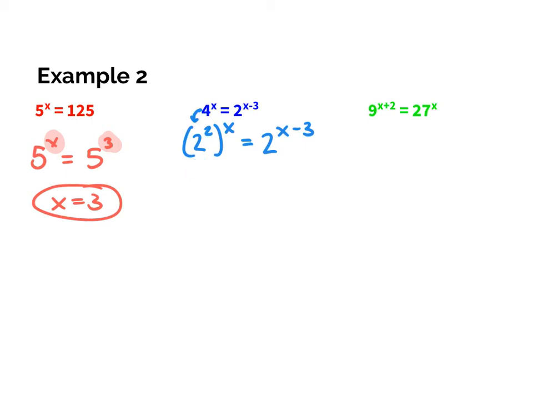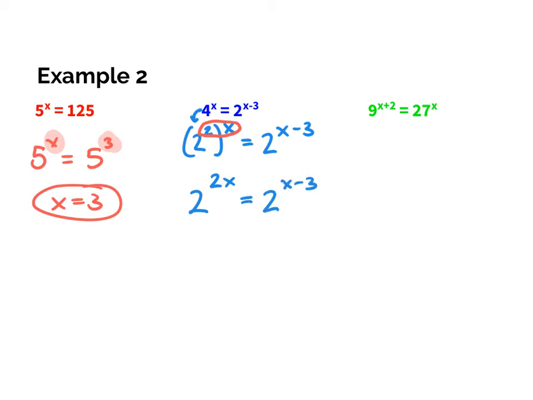Same thing, but different. Now we want to try and solve this, but here I have parentheses. It's 2 to the second power, that's 4, but we have that x. So in order to get rid of the parentheses, we're going to use a property called the power of a power. Power of a power means that I have here a power of 2 and a power of x. So when I have a power to a power, I simply multiply those two things. So 2 times x would simply become 2x. So I can rewrite that as 2 to the 2x power,